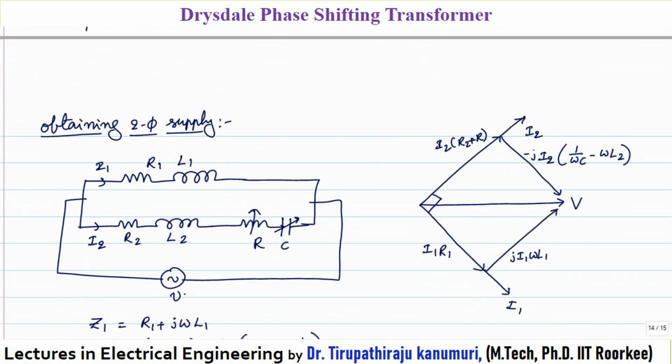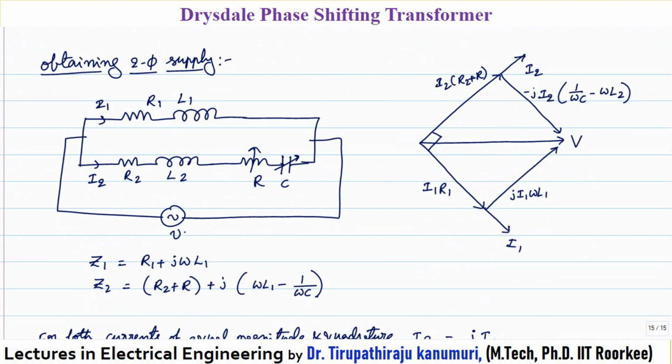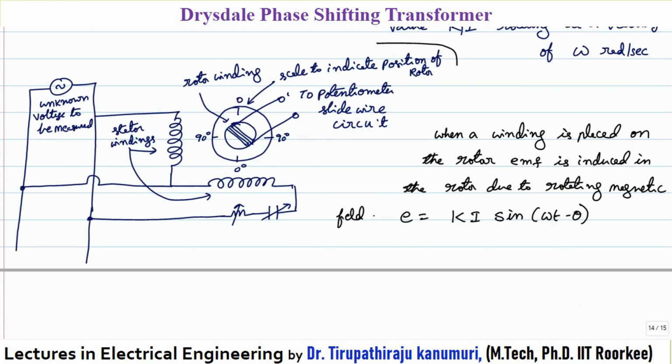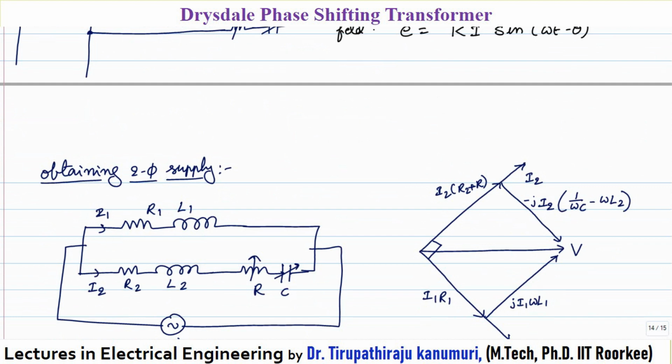before proceeding, you may have a doubt about how the two-phase supply will be produced, because that shifting will be clear to you, I hope. To get the two-phase supply, if you go back to this, it has two windings. This is my first stator winding, this is my second stator winding. Any winding will have inductance as well as resistance, similarly this coil also, so I have represented that here.